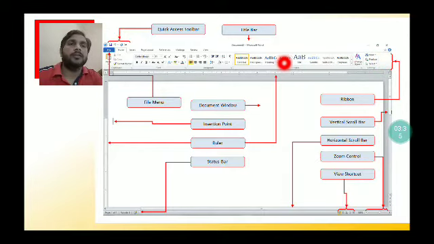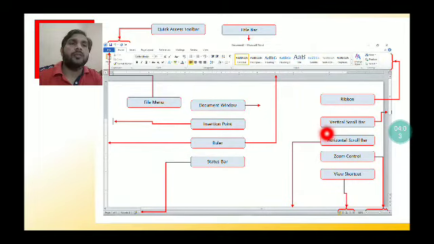Ribbon is this portion under the title bar, this portion. Here different groups available like paragraph, font and styles, and above this is menu bar. So this complete area of this window, MS Word 2010, is called as ribbon.